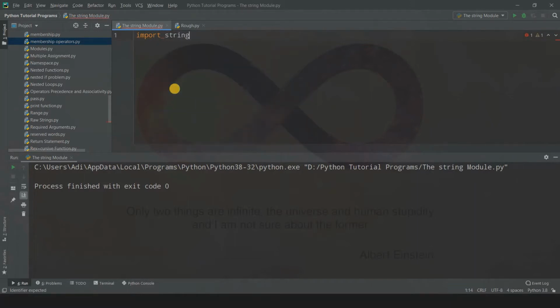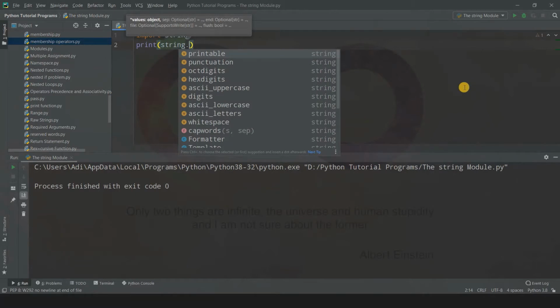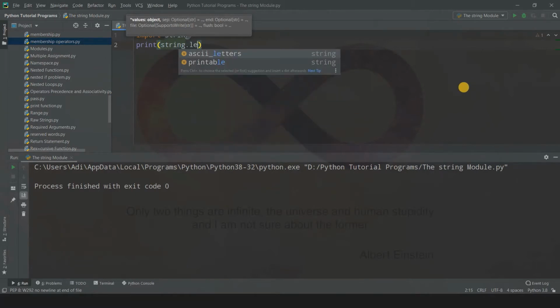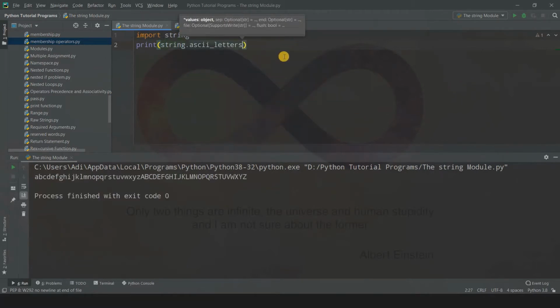So first of all, let us import string. You need to import it. Remember, this is not a built-in thing because we are getting access to some of the values, right? So first of all, the most used constant from this module is: you just have to write print string dot ASCII letters. This is the syntax, you can say. When you run this code, you'll get all the values from A to Z, but remember they are letters, so they are lowercase as well as uppercase. So fine, this was one of the things.